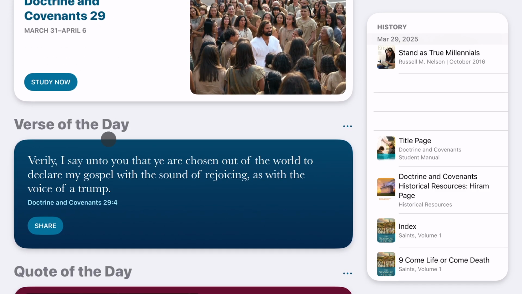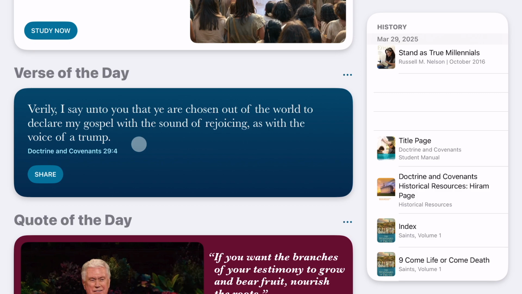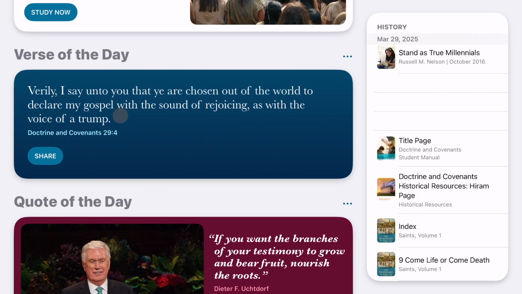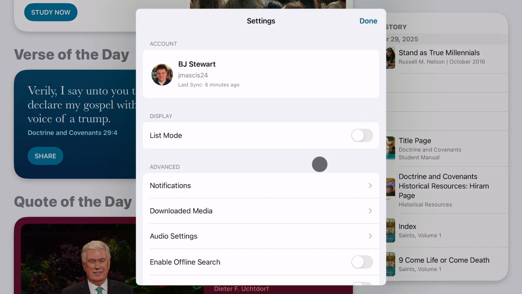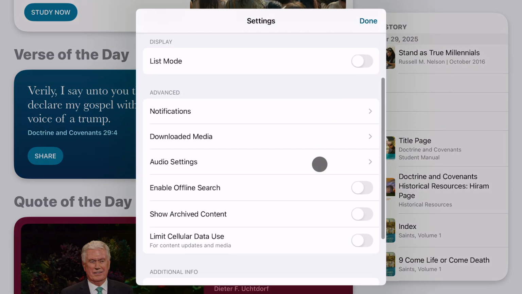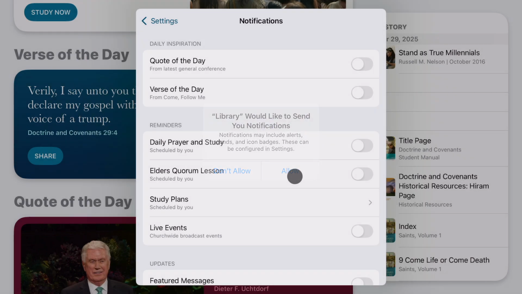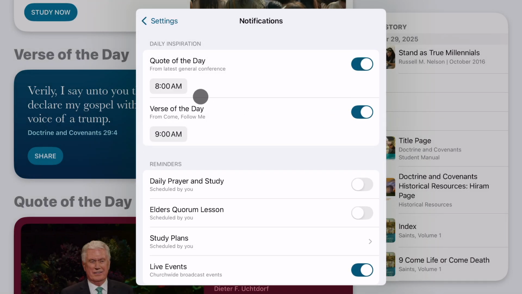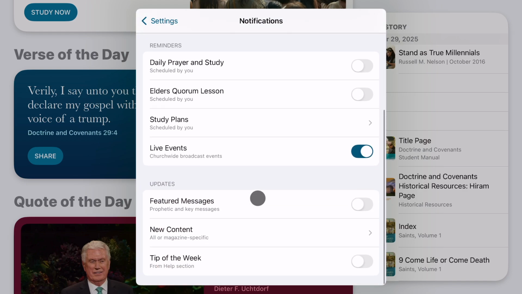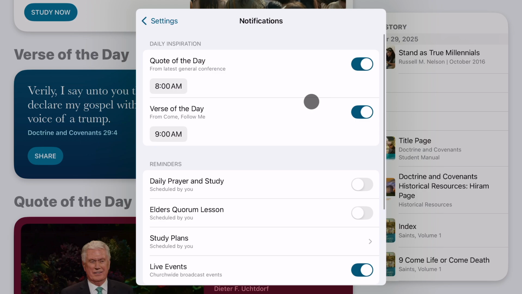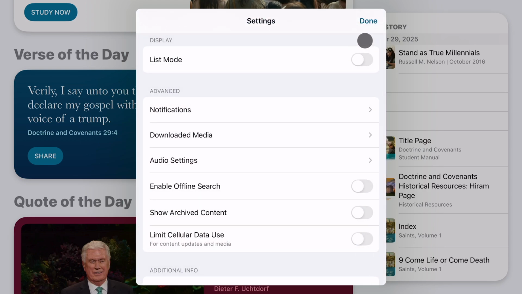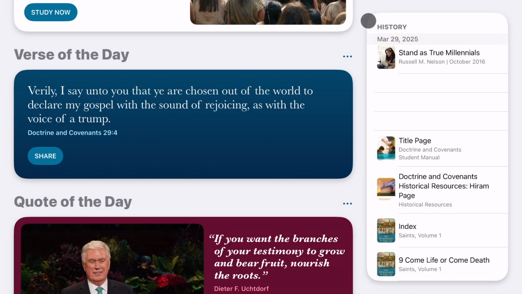You can click on Come Follow Me. They've got a cool verse of the day, which is clearly lower on my list. And you can actually have these show up. And I think they'll give you notifications and stuff. If you want your device to show you a quote of the day or a verse of the day, you can choose the time, or to remind yourself. It's really kind of cool. And I do like seeing these. It's helpful. They also have widgets, so you can